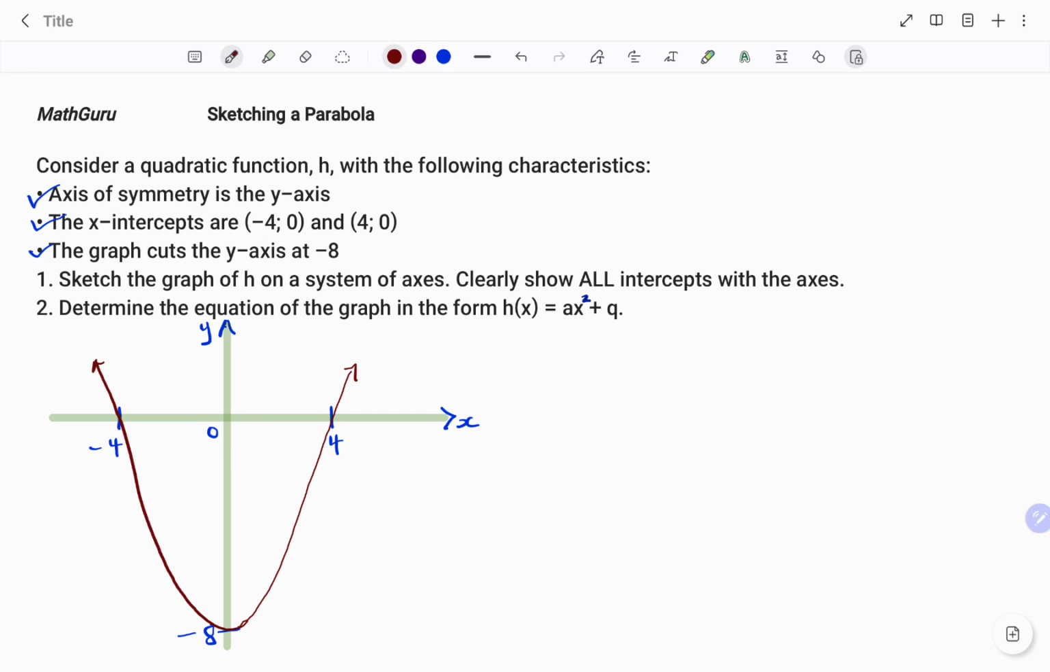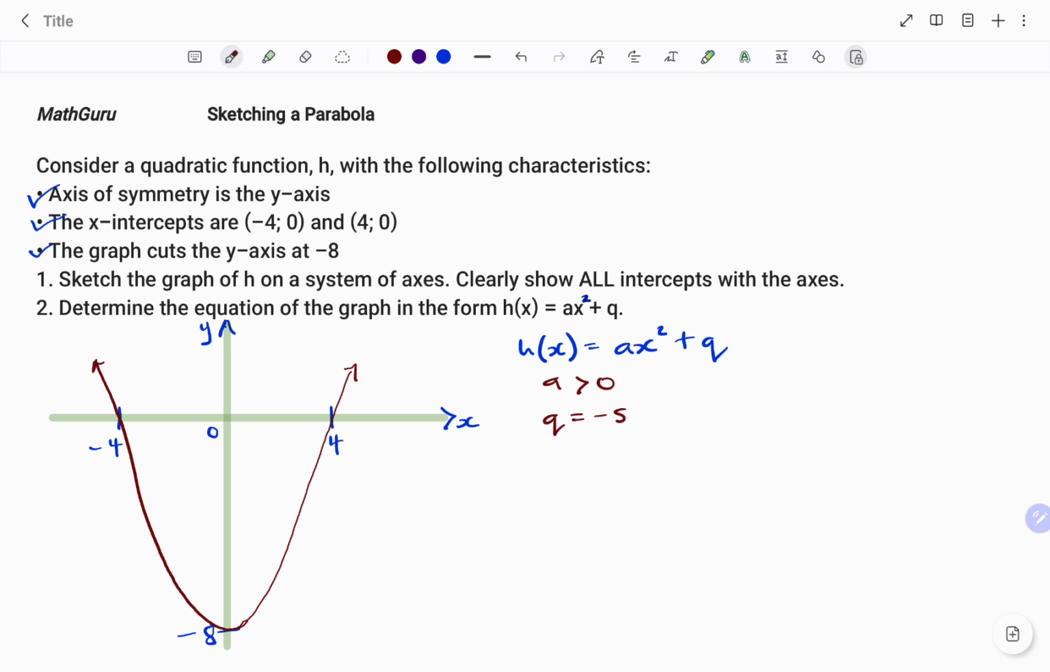The next statement says, determine the equation of the graph in the form h(x) = ax squared plus q. So if I have h(x) = ax squared plus q, a determines the shape of the graph. We can see that it's concave up or a smiley face. So what that means is the value of a is greater than 0. The q, on the other hand, shows the vertical movement or the y-intercept. And we can see that has been given as -8. So therefore, my q